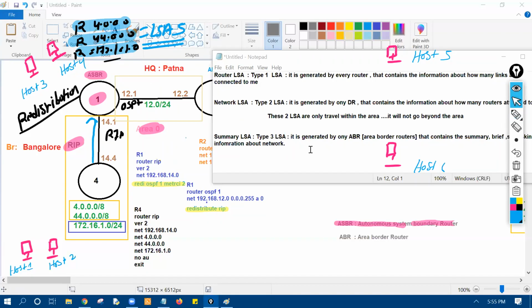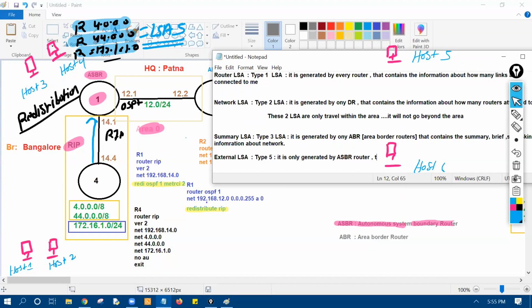So what is R1 going to do? R1 will create a new LSA that is known as an external LSA type 5. It is only generated by the ASBR router,